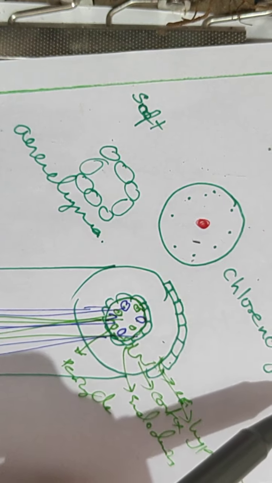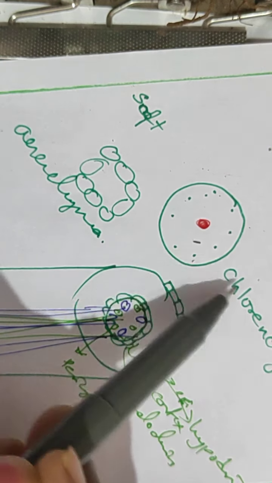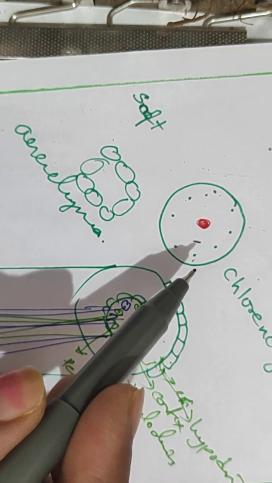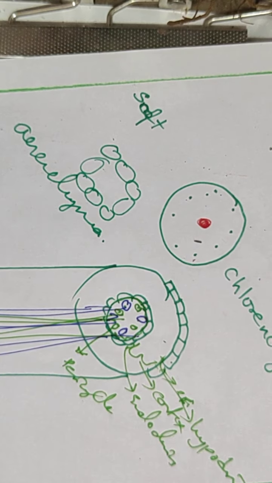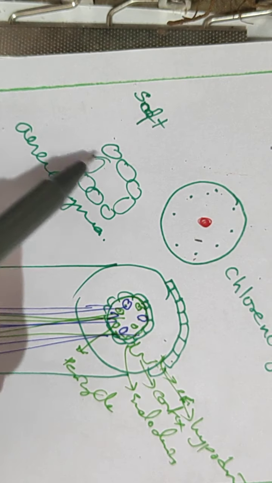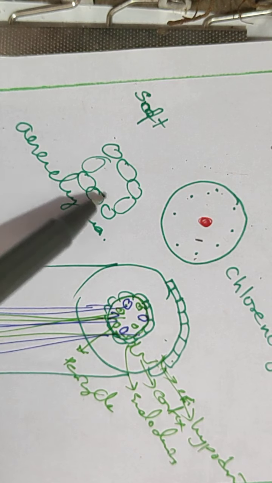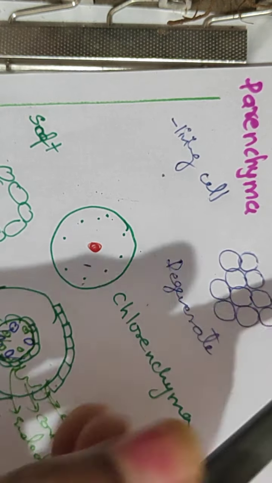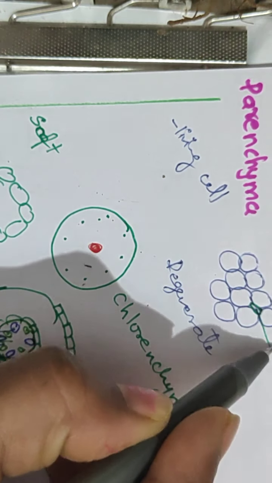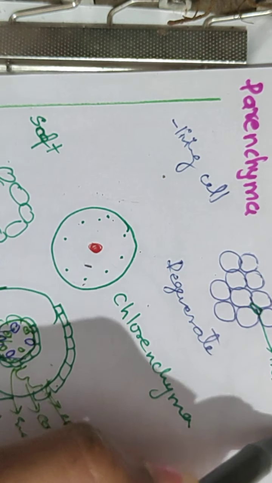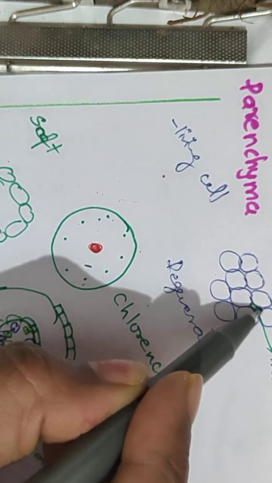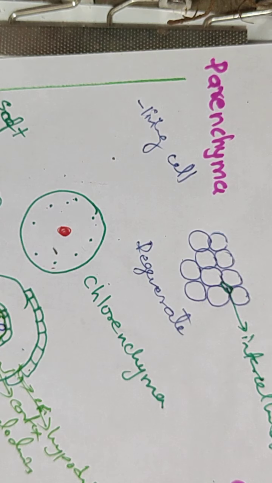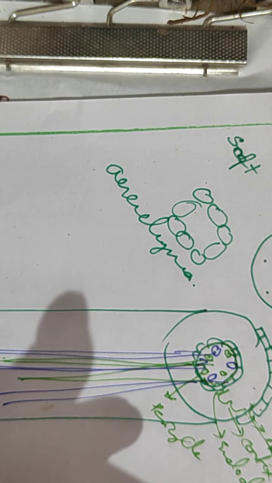Okay friends, now you people understood what is chlorenchyma and aerenchyma. Most of the chlorenchyma we see in the mesophyll tissue of the leaf. So here a large intercellular space is there. If a large intercellular space is there, we call it aerenchyma. The space is more. In between the cells there is a prominent intercellular space. The space in between the cells is called the intercellular space. If the intercellular space is larger, we call that condition aerenchyma.